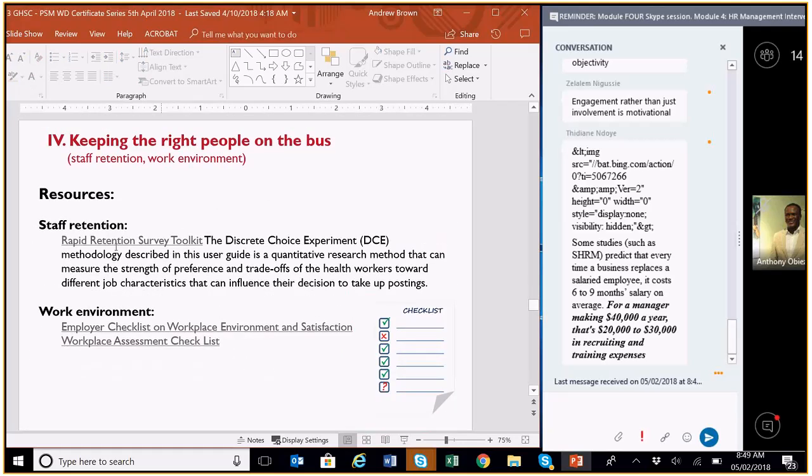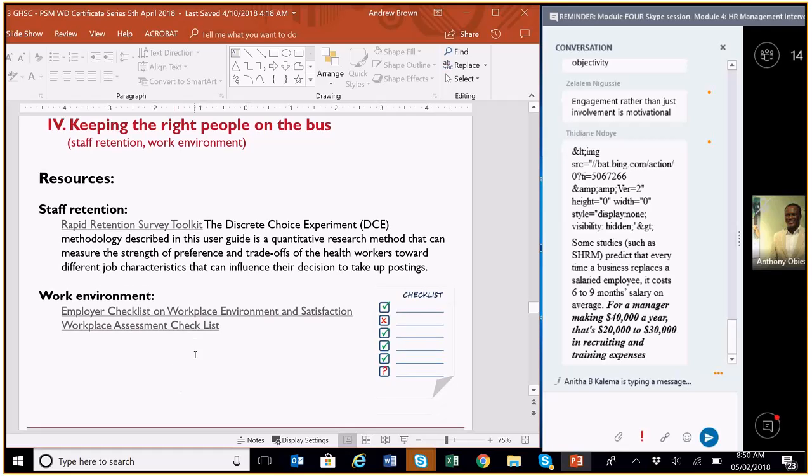Again, some resources here. There's a rapid retention survey that I mentioned about helping you understand what's important for employees to stay in a workplace. And then for the work environment, I've got here a couple of links to some workplace checklists that can be done to see if an environment's in order. These are taken from other industries, but give you an idea of the sorts of tools you can use for that process. I'll also point out that the UNICEF HR assessment module, for which there is a linkage in the first part of the Workforce Development 10-pager, also has a good section on work environment checklist.